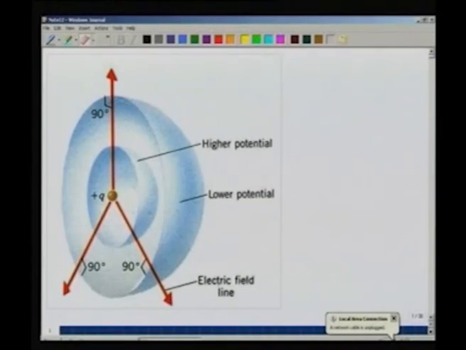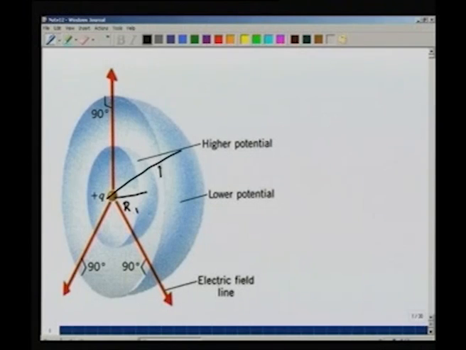Now this figure is a kind of a cartoon which tells you how the potential and the electric field behave. I have located a charge q at this particular point. Earlier I might have used an uppercase letter for q, but never mind about that. And what one has done is to show sections of spheres which are concentric. So presumably the inner sphere, let us say, has a radius r1. The outer sphere has a radius r2. The sphere of radius r1 is an equipotential surface. The sphere of radius r2 is another equipotential surface.